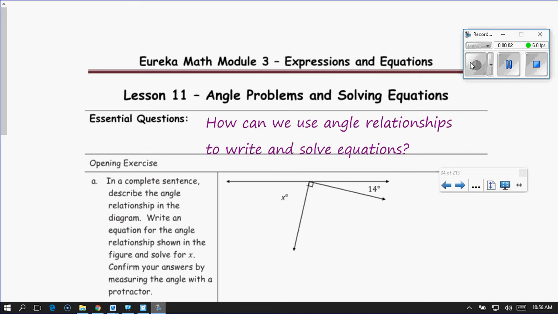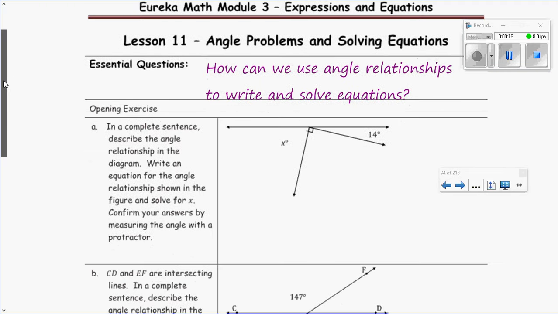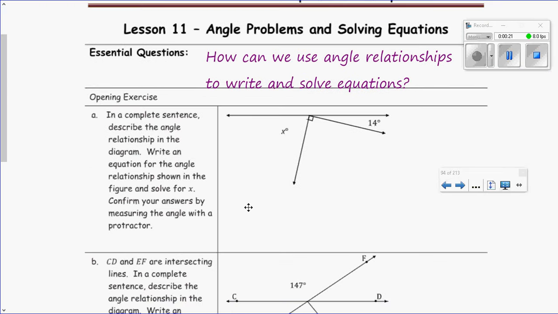Hi everybody, this is lesson 11, angle problems and solving equations. So we are on page 85 and our essential question is, how can we use angle relationships to write and solve equations? Actually none of this is going to feel like brand new information. A lot of this is going to be just like what we've been doing, just some more practice with it because once you get the hang of it, these aren't too bad, but the problem is they can be tricky